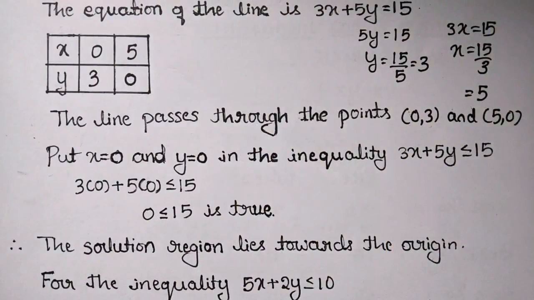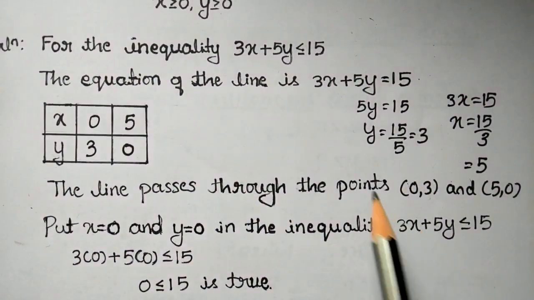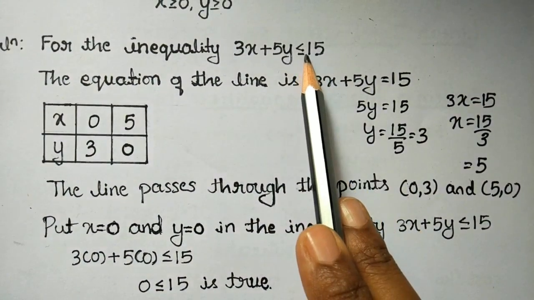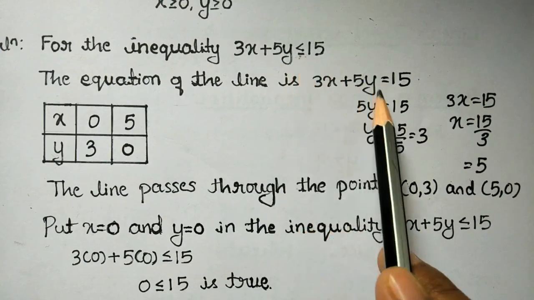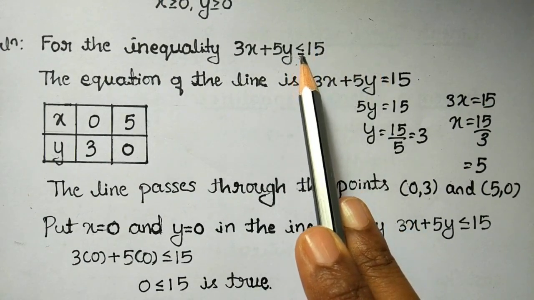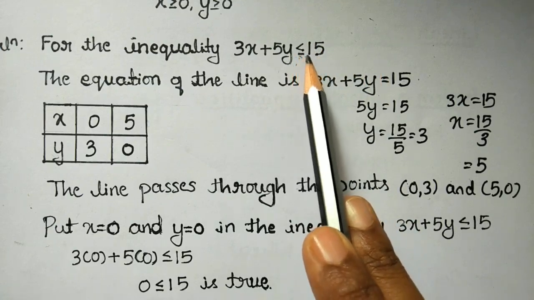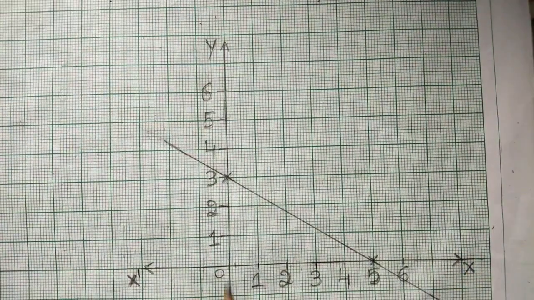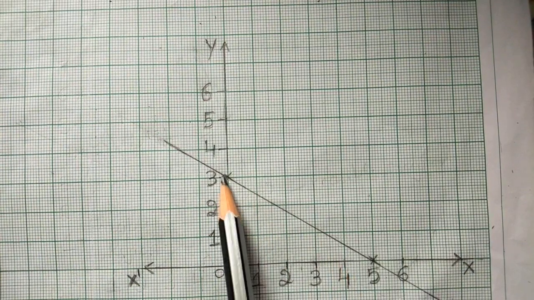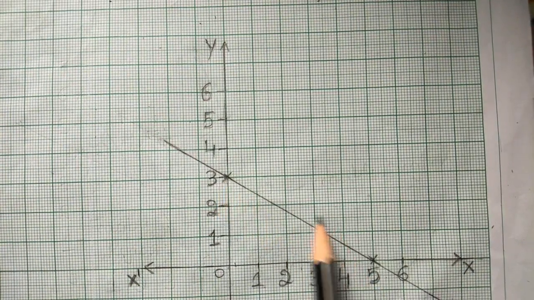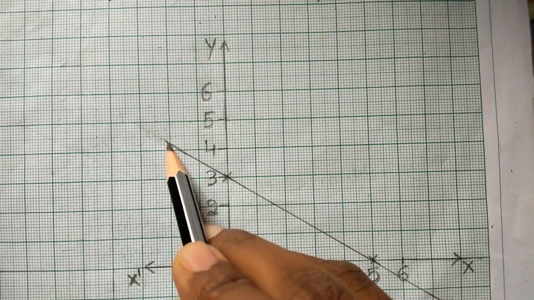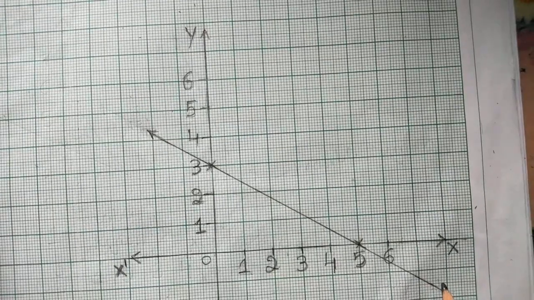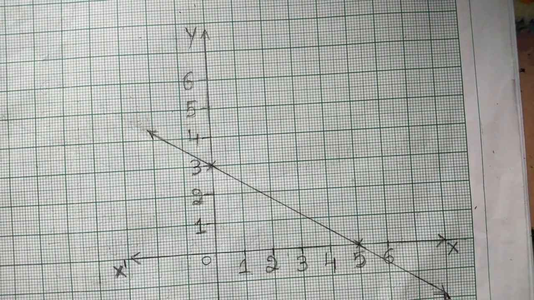Before that, look at the inequality. The given inequality is a slack inequality. Equality is also included, so the equation of the line is also included. We draw a solid line in the graph. Let us draw the line. I have drawn the line. This line is not restricted only to these points. This line extends beyond the points up to infinity, so we mark this line with an arrow. This says that the line extends up to infinity.